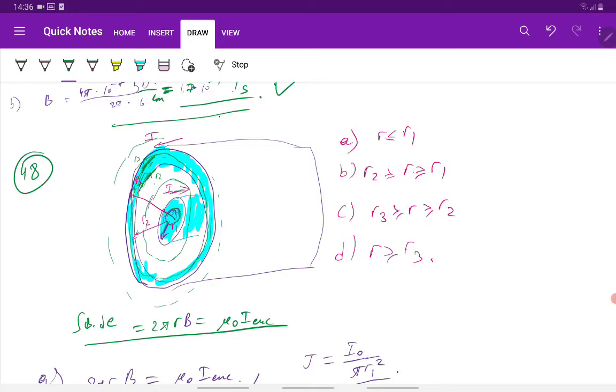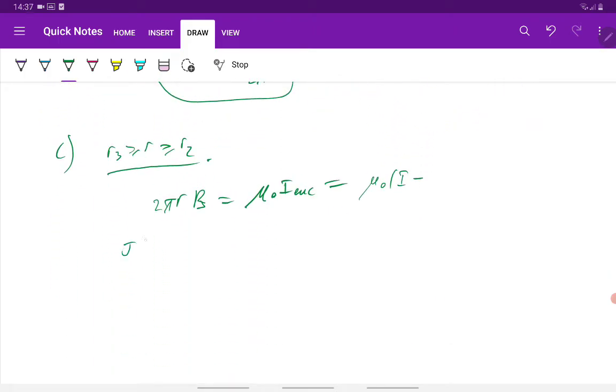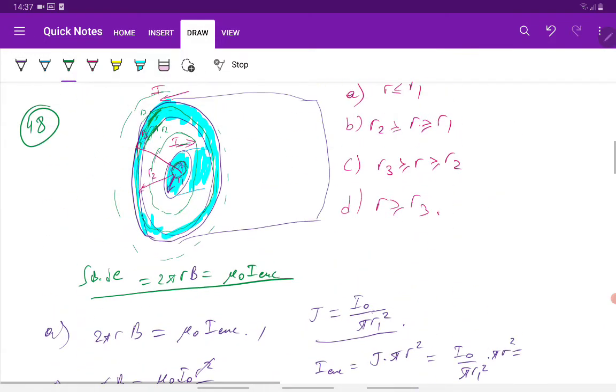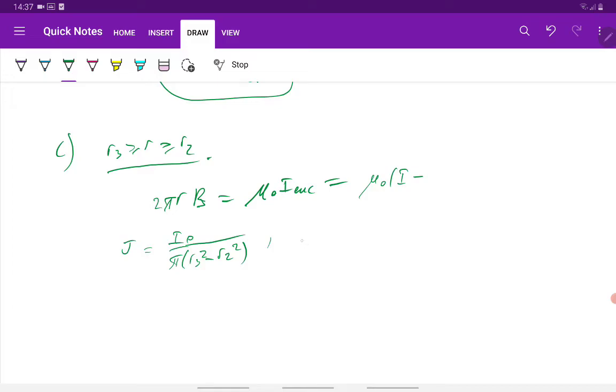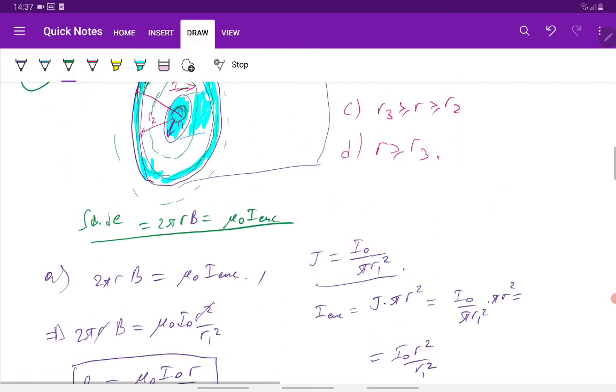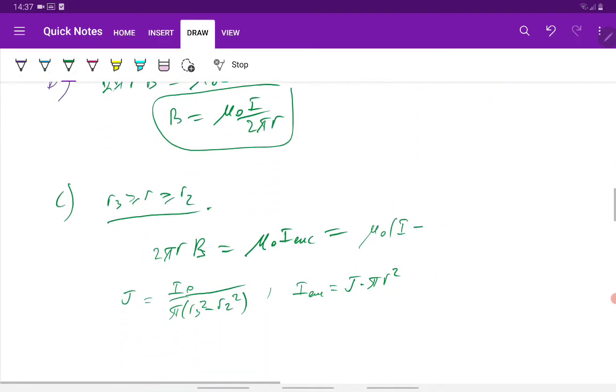So it's current density. First find current density out of this thing, so current divided by pi R3 squared minus R2 squared. Yes, we found it. And current enclosed in that direction equals to J pi R squared. But again, it's inside this, it's empty, right? So it's not just R squared